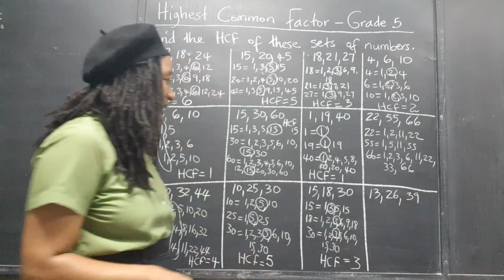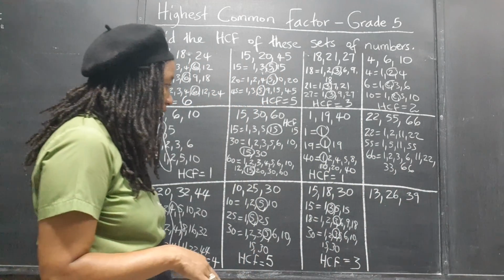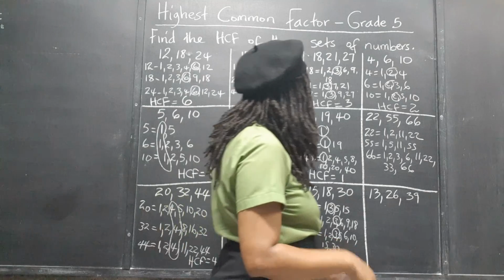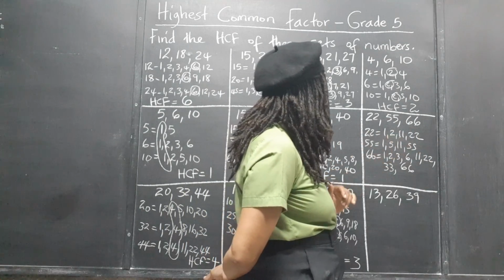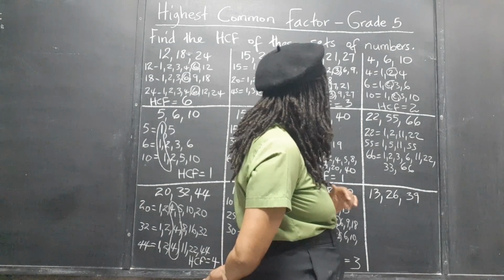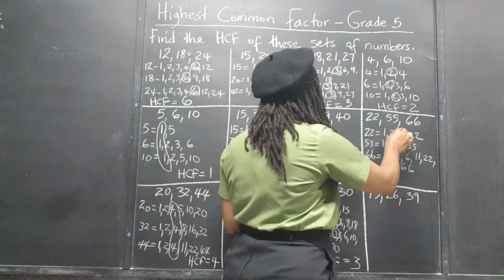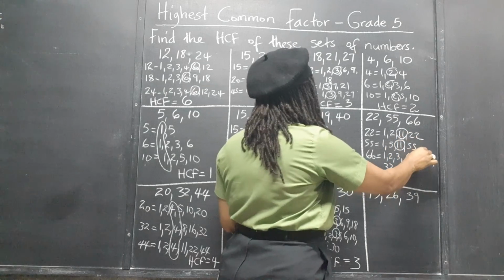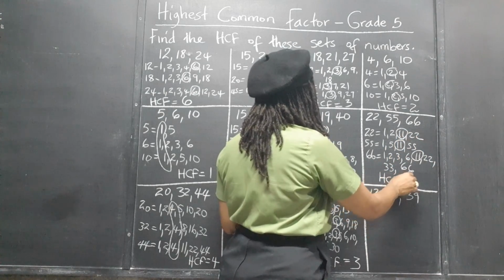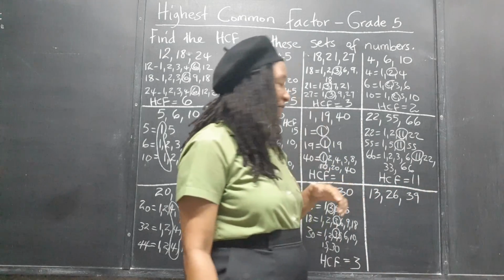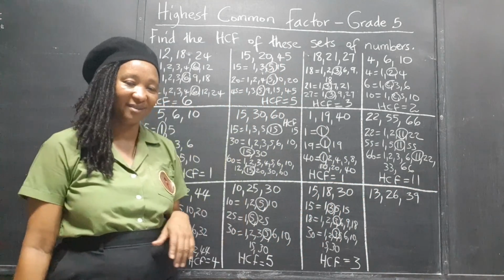So what's the highest one that's common? 22 is common to the 22 and 66. It's not common to the 55. So I think it's the 11. That's the highest common factor. And finally,